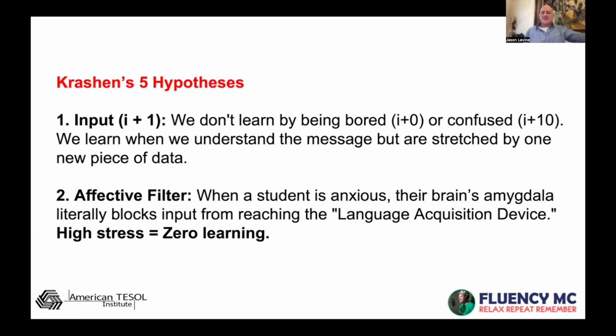But he had these 5 hypotheses, which I'm not going to, in the interest of time, get into in detail. But you can read this while I'm talking. The idea is being able to hear or read something or engage in a discussion where you are not too high above your level, but not at your level. It's a little bit of a challenge. And the issue with thinking about, am I going to make a mistake, right? Having that affective filter that we need to keep stress low. Remember back to kids are sponges because they're relaxed. They're not thinking so much about errors.